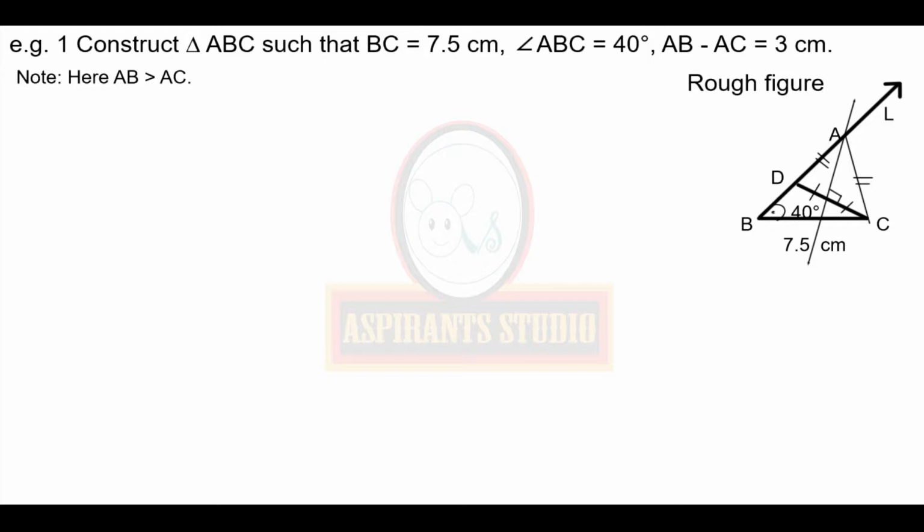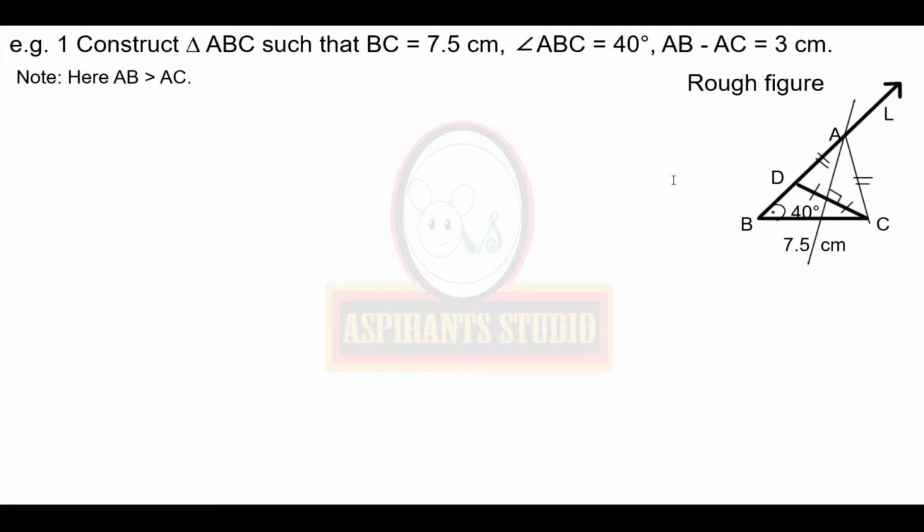So here when you draw the arc, that means the difference 3 centimeters. When you keep the compass at B and draw the arc, we have to take the arc upwards on the ray. The ray has to be drawn upwards and need not be extended downwards. In part B, we will be extending downwards because AB will be less than AC in that case. So today we are taking up AB greater than AC. On the ray, we are having AB. That AB has to be discussed. What is coming on the ray? AB is greater than AC here.